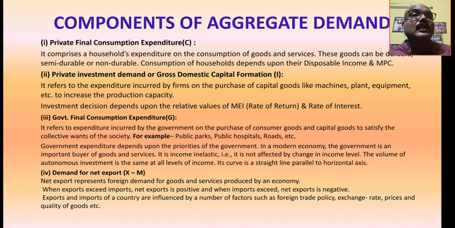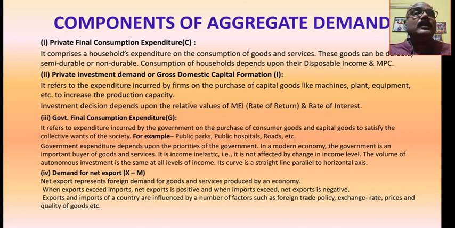It is income inelastic. Why is it called income inelastic? Because whether there is the possibility of income, whether there is profit or not, if it is important from the welfare point of view, important from the social point of view overall, then the government will make investment. That is one difference between public investment and private investment. Private will make investment in that area where there is expectation of profit. But government will not see the expectation of profit. There may be the expectation of profit, may not. But if the investment is required, then the government will make the investment.